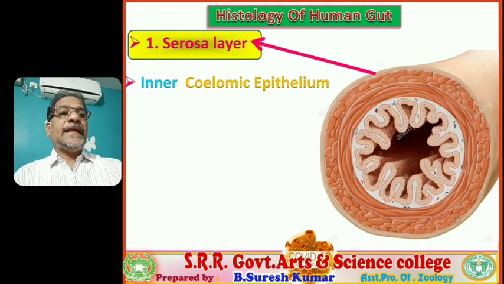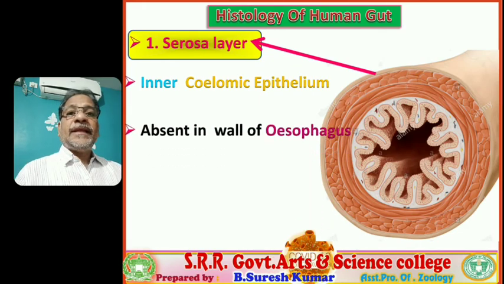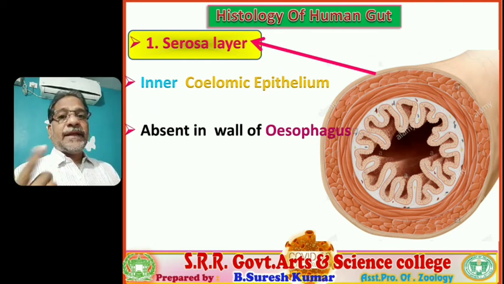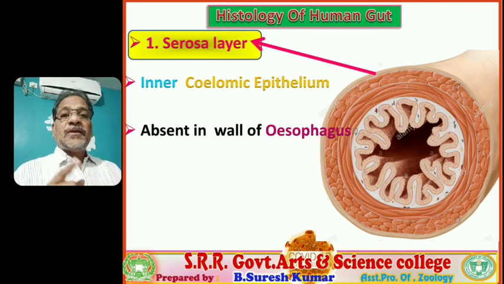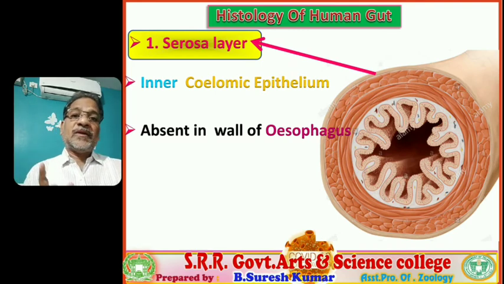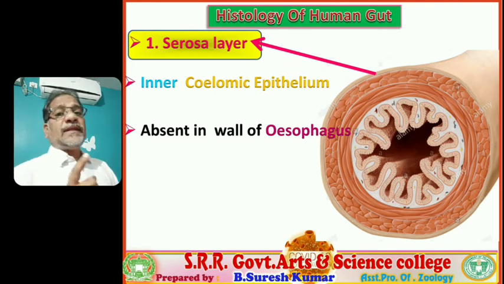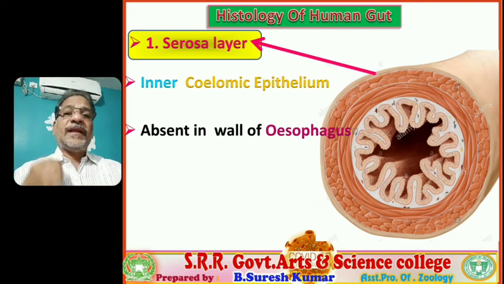You observe, it is the inner coelomic epithelium lining. Already I told you the coelom is externally lined with the parietal layer and internally lined with the visceral layer. So that internal layer, the visceral layer, is nothing but the serosa layer. So it envelopes the inner surface of the coelom. Hence the serosa layer is also termed the inner coelomic epithelium. Remember, it is asked in entrances. So it is the inner coelomic epithelium. And